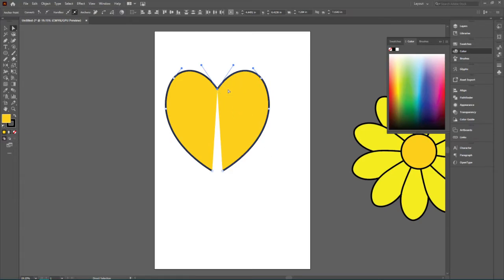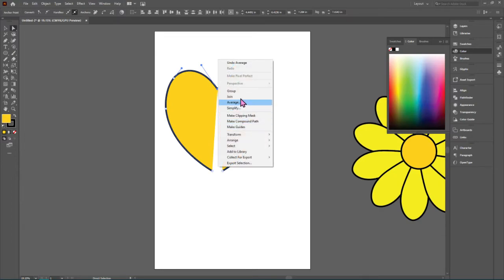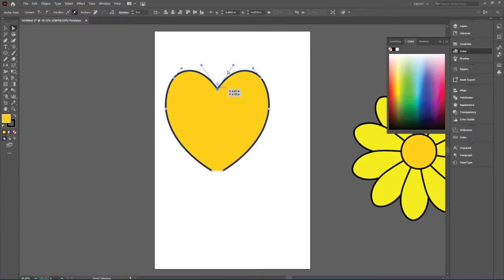So right click average, this is going to make absolutely sure that they're exactly on top of each other. It's averaging the two anchor points in both directions. They probably already were exactly on top of each other. And then right click join. Okay, so if you want two anchor points to become one anchor point, right click average first and then right